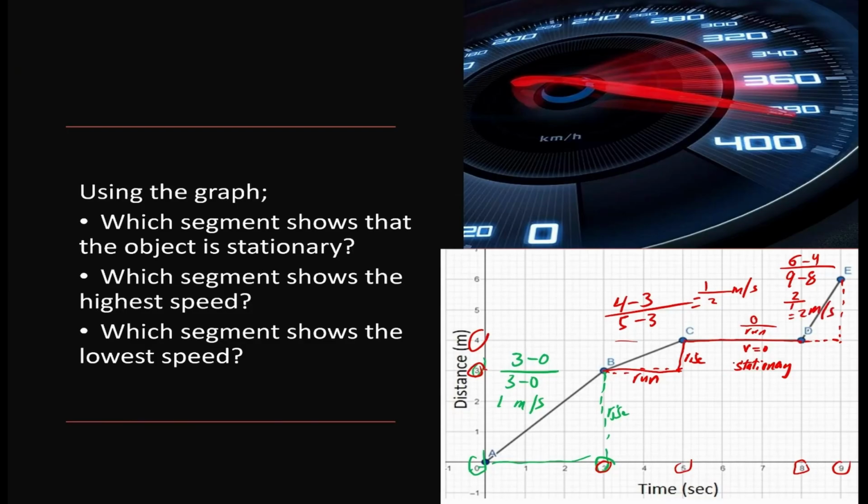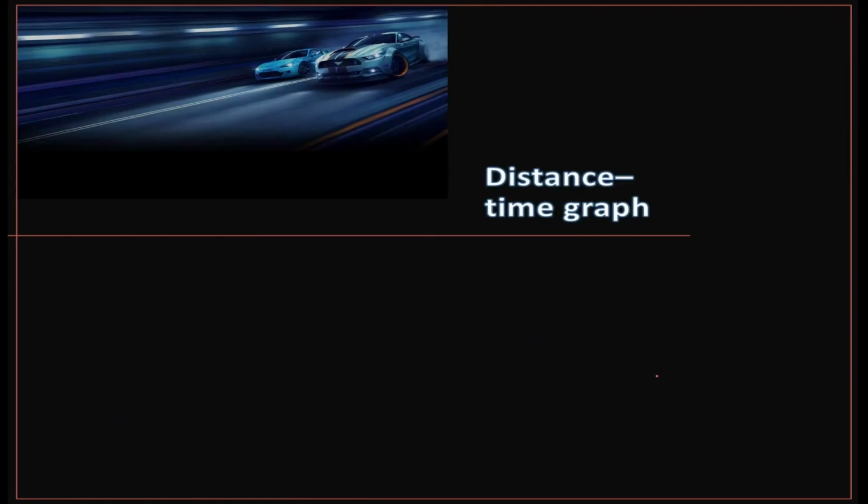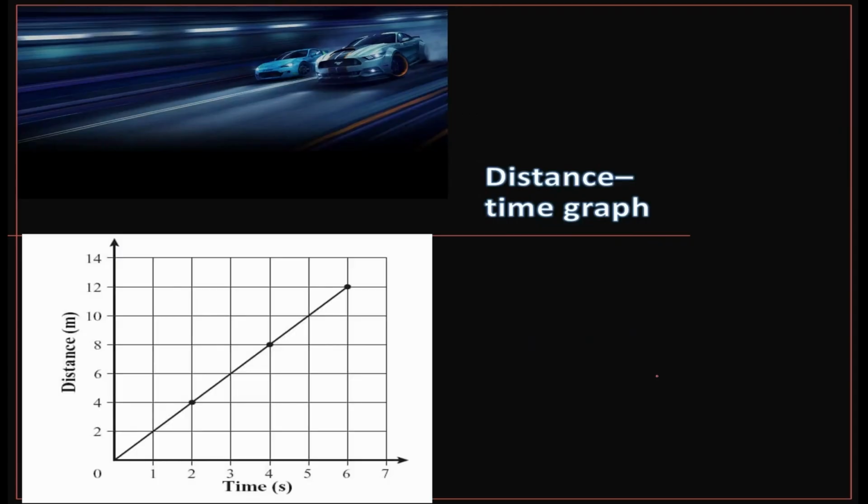In which segment is the object stationary? In CD. In which segment is the object the fastest? In DE. In which segment is the speed the lowest? In BC. Now I think it is clearer. Look here again. Can you calculate this distance? Please, if you calculate it, please